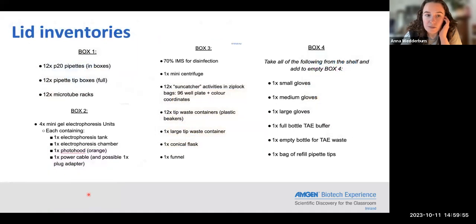In terms of packing back up the kit yourself, we give you 4 big boxes. They have lid inventories on them, so just put things back in the right box. So basically, box 1, you've got your pipette tip boxes and your tube racks. Box 2 is all your gel electrophoresis tanks. Box 3 you've got your centrifuge, your 96-well plates, the beakers, the tip waste containers, the large tip waste container, the conical flask, and the funnel. And then box 4, you've got all your gloves, TAE bottles,